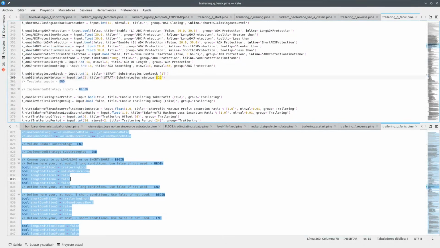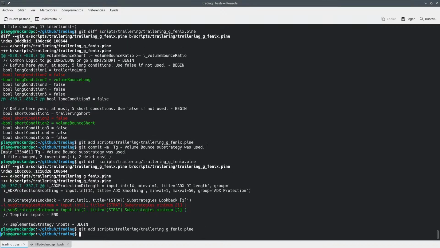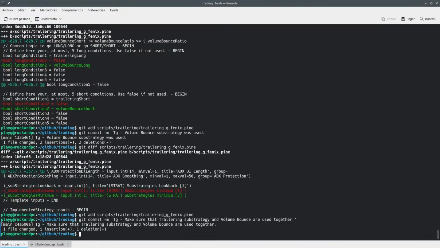So now we can say something like: make sure that the trailing super strategy and volume bounds are used together. Okay, look at that. Hopefully